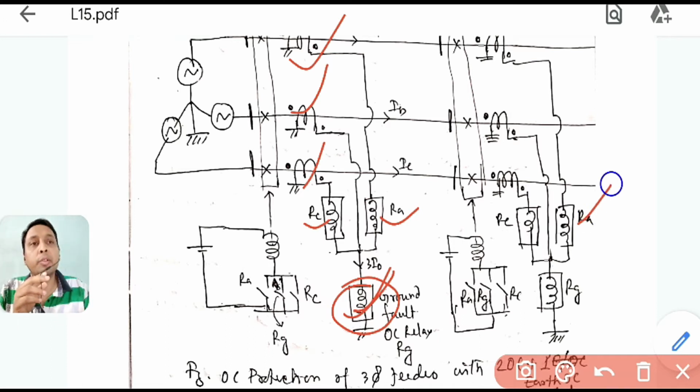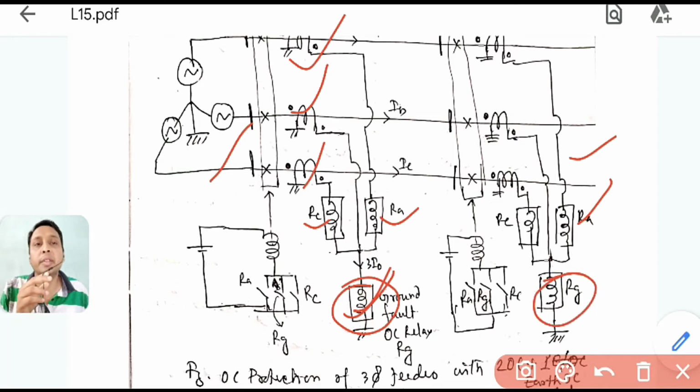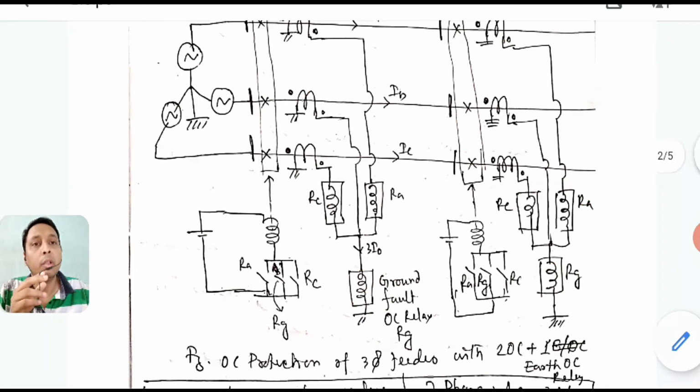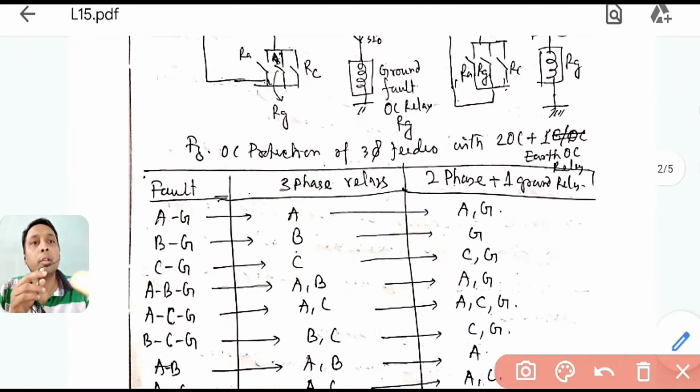So you can see on both sides, on the bus A side and the bus B side, we put this extra ground relay RG instead of RB. This combination is two overcurrent relays and one earth fault relay, which is most practically used in all distribution feeders. If you visit the substations, with electromechanical relays, you will find two overcurrent relays, and in between them one earth fault relay. This is known as a three-phase feeder with two overcurrent relays and one earth fault, or earth overcurrent relay in the earth path.